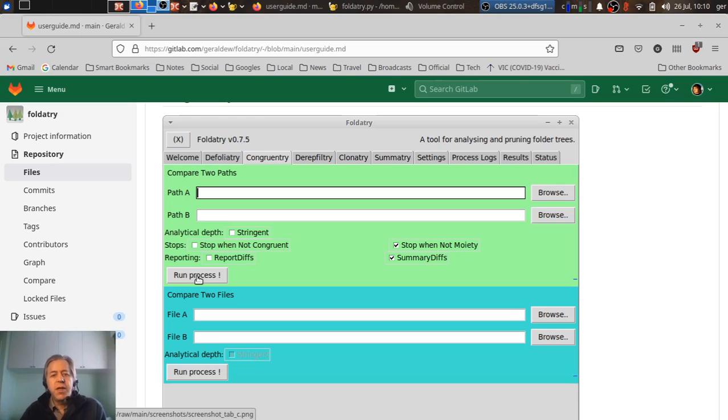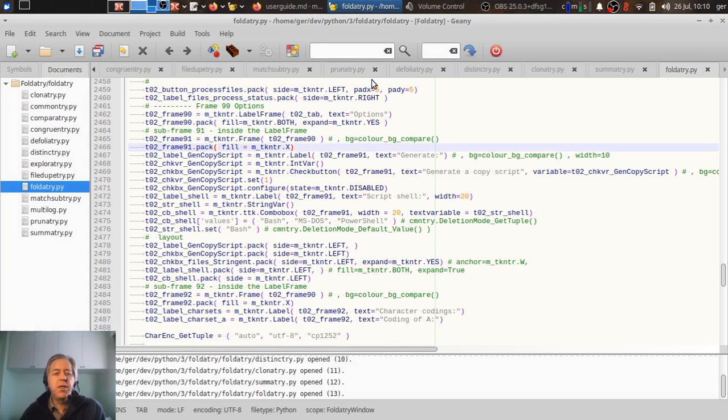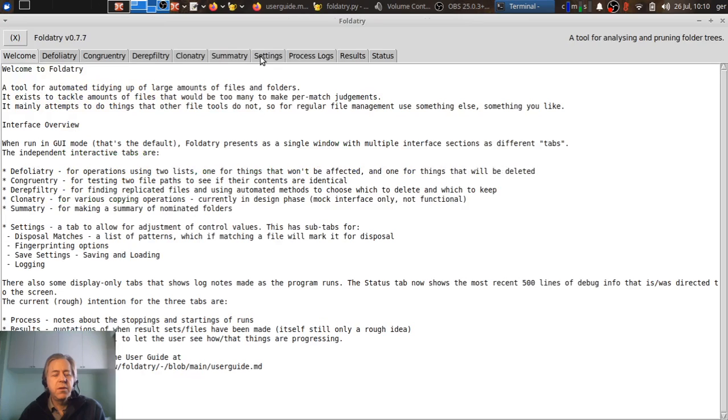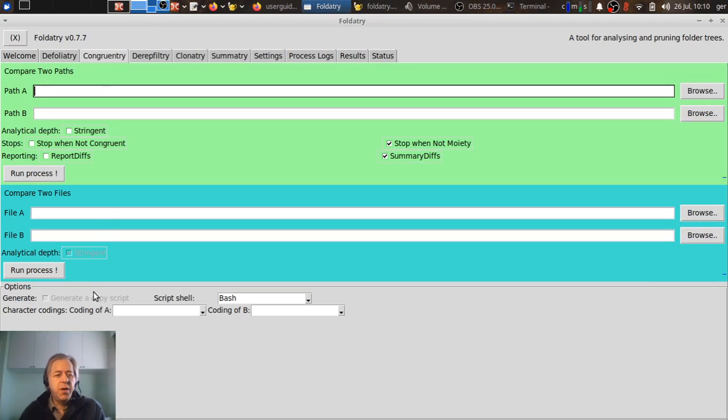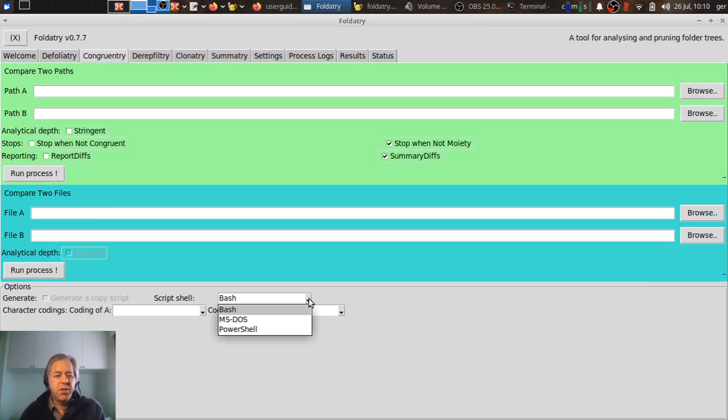So in the last video we covered the fact that I had added some new controls into the program, down at the bottom of the form here. So let's jump back to the code and just very quickly see what that looked like. So here is the code, and if we execute this at the moment, it looks like this. Here is the Congruent Tree tab, and down in the bottom section here we've got some